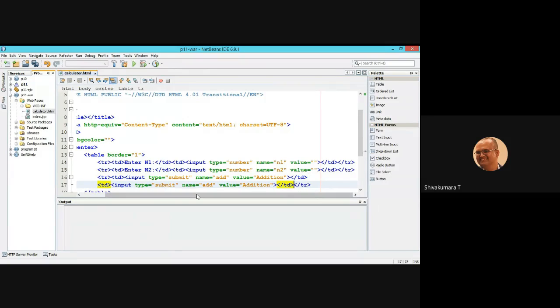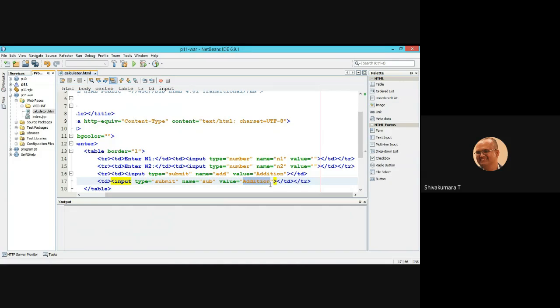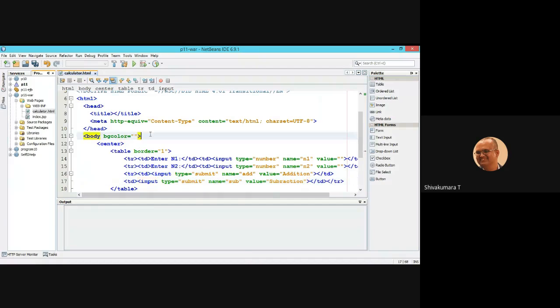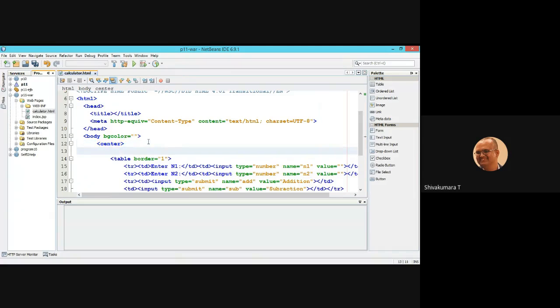Then input type equal to submit, subtraction. In the body you can use center, heading 1, basic calculator.